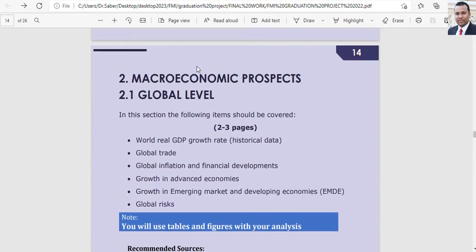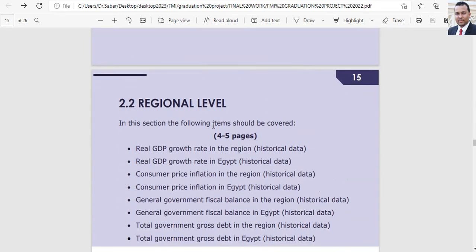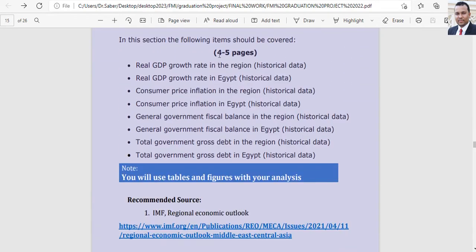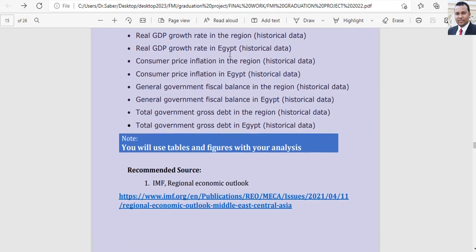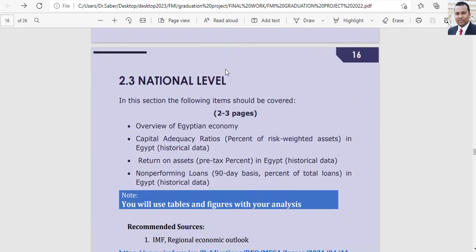In section number 2, global level, we need to write from 2 to 3 pages. In the regional level, maybe from 4 to 5 pages. In national level, or in this Egyptian economy performance, we talk about from 2 to 3 pages